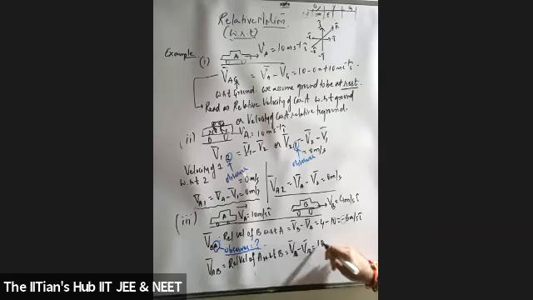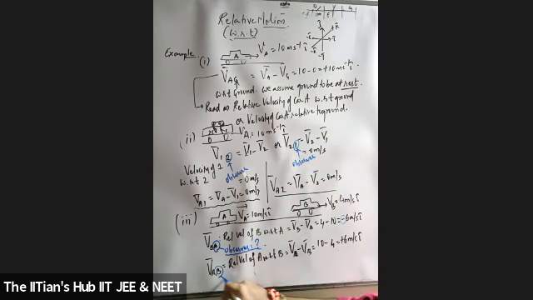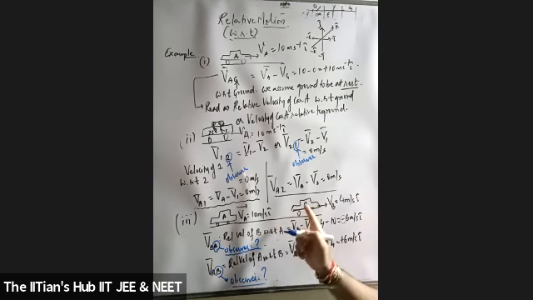VA is how much? This is 10. Minus we consider 4. So my answer will be equal to +6 meters per second. Agreed. Now can you tell me who's the observer over here in the second case? B. Okay. So what exactly will the observer in car B say? Is my answer positive or negative? Positive. So the observer in car B will say that car A is moving towards B, coming towards.